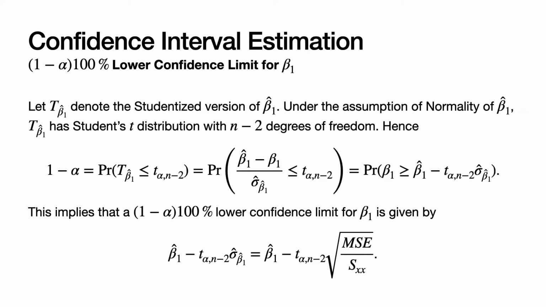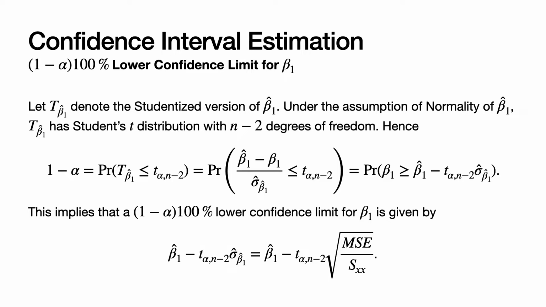And so what this says is that the probability that beta 1, the slope coefficient, is greater than or equal to beta 1 hat minus the upper alpha percentage point of the t-distribution with n minus 2 degrees of freedom times the estimated standard error of beta 1 hat, that probability is equal to 1 minus alpha. Now note that in that probability statement, beta 1 is a constant. The random variable is beta 1 hat minus t sub alpha comma n minus 2 times the estimated standard error